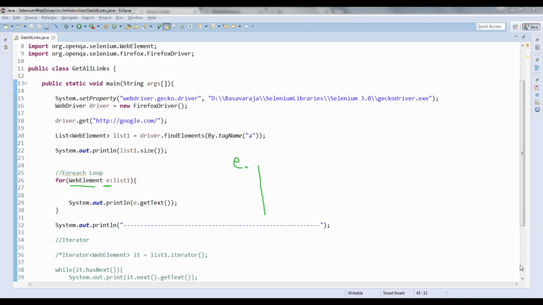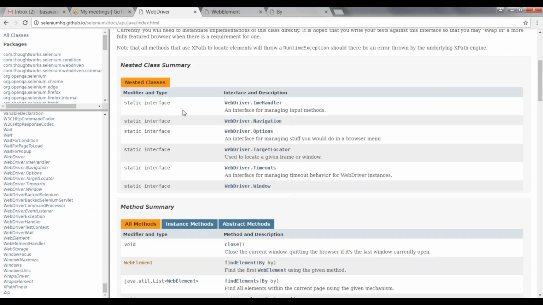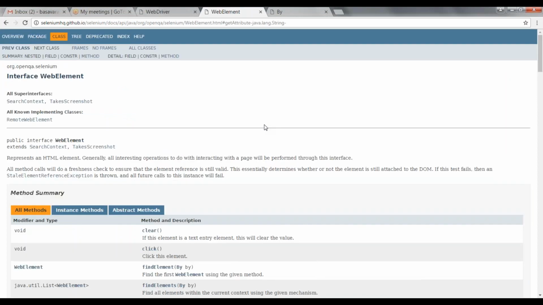So what are all the methods of the web element interface here? I am going to this reference.